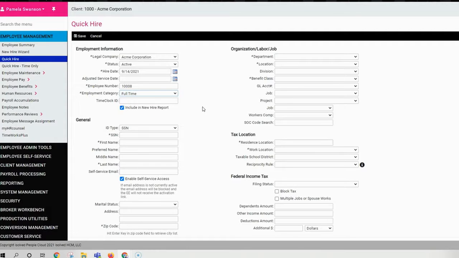So we've already created this in the back office of iSolve when we asked the questions going through the implementation process. And this has been built specifically for your needs. For instance, the employment category could potentially also contain seasonal, intern, any type of employment category that your organization requires. This can be configured to match that. I will select full-time. I will continue down the page completing all required fields such as Social Security, first name,